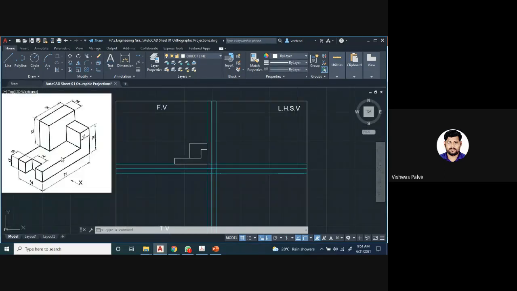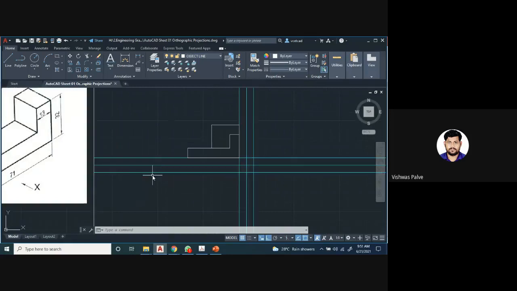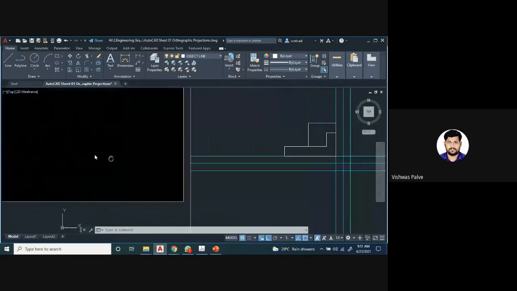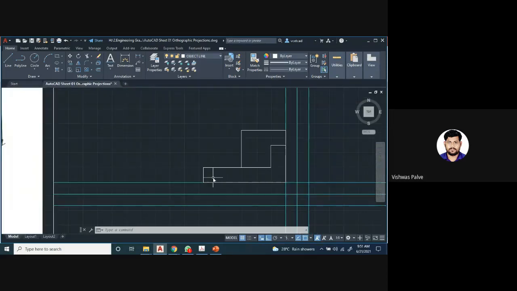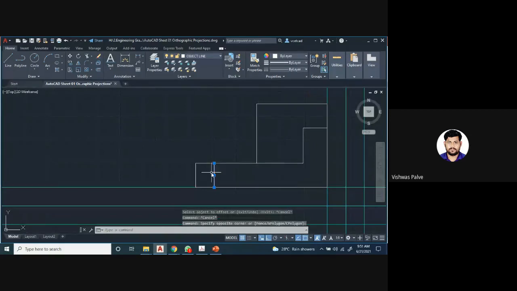Similarly, this surface will be visible in the top. It will not be visible in the front, so here you will get only the edge. Then one more thing which we have to show is this 10 millimeter slot, but we cannot directly show that. So how are we going to show that slot? Select that line, offset O, enter, offset distance of 10 millimeters. Select this line and draw parallel to it. Now this line is not an object line. This should be a hidden line.